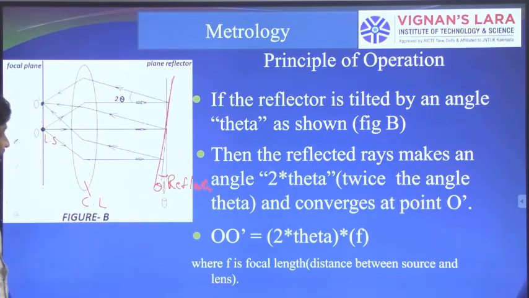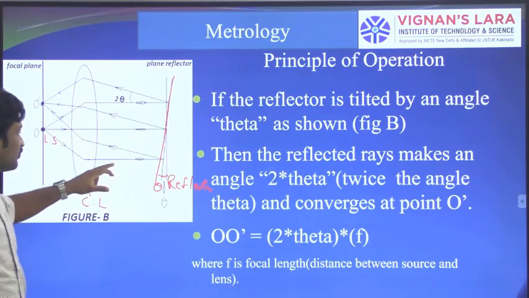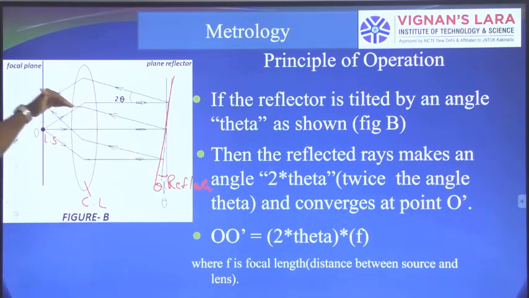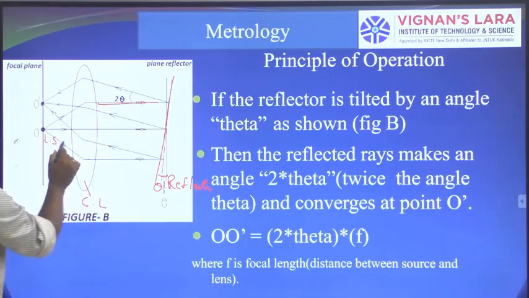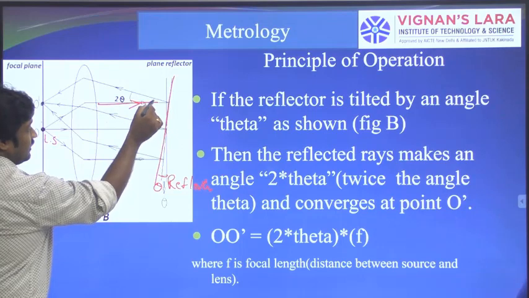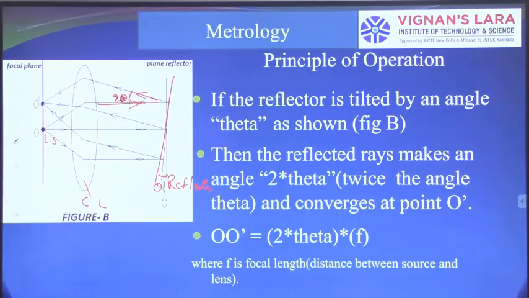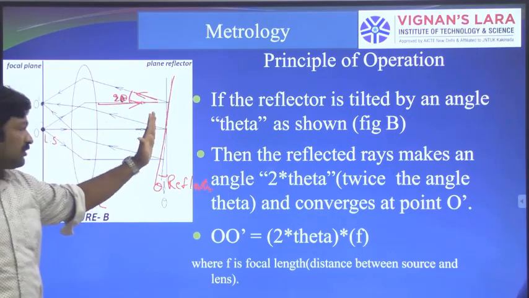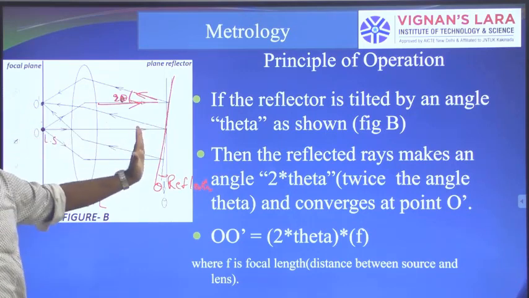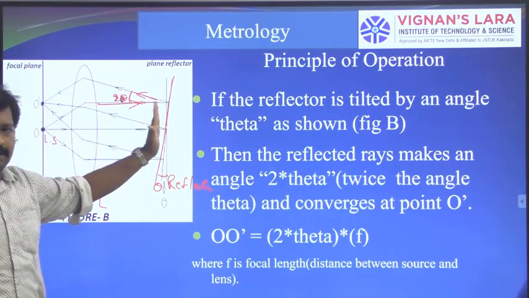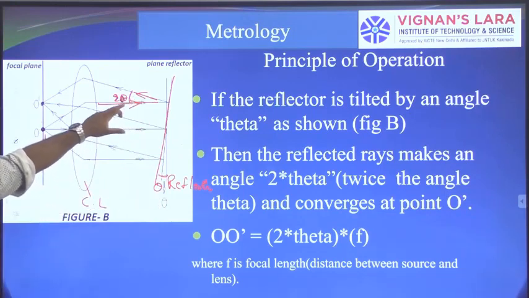It is making an inclination theta with a perpendicular beam. Now the light rays are reflecting with an angle of 2 theta. Here this is the light ray from the collimating lens, and it is reflecting back with an angle of 2 theta. The reflecting plane is not perpendicular to our light rays, so it is making some inclination. Due to this inclination of theta, the light is reflecting with twice the angle.